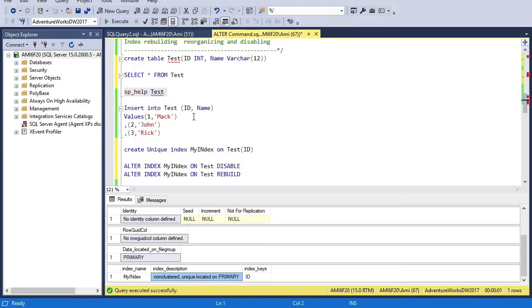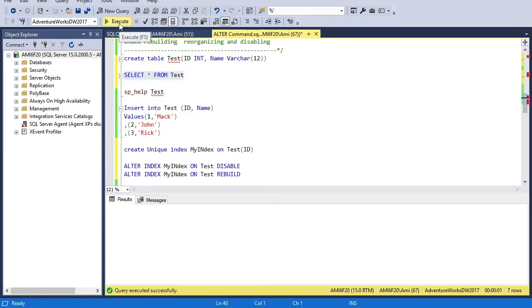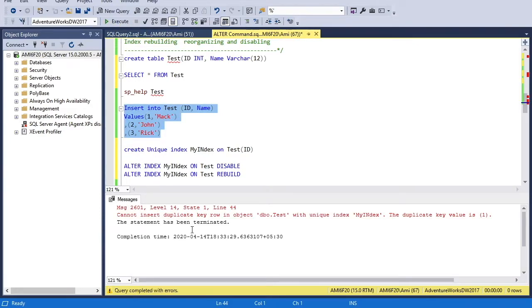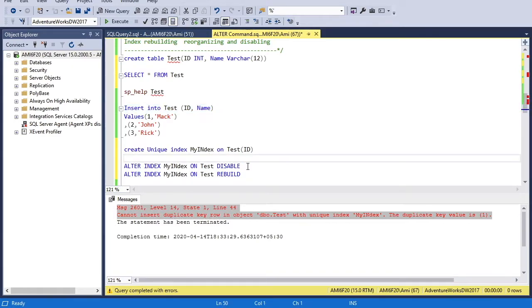It means in the ID column we are not allowed to insert repetitive values. If I go back to the table, it means the values 3, 2, 1 are not allowed again into this ID column, because this column has a unique index. Now I can show you by inserting the same records again. It will give me a duplicate row issue. You can see in the error that it says duplicate rows are not allowed. Fine, but using the alter statement we can disable or rebuild the indexes.